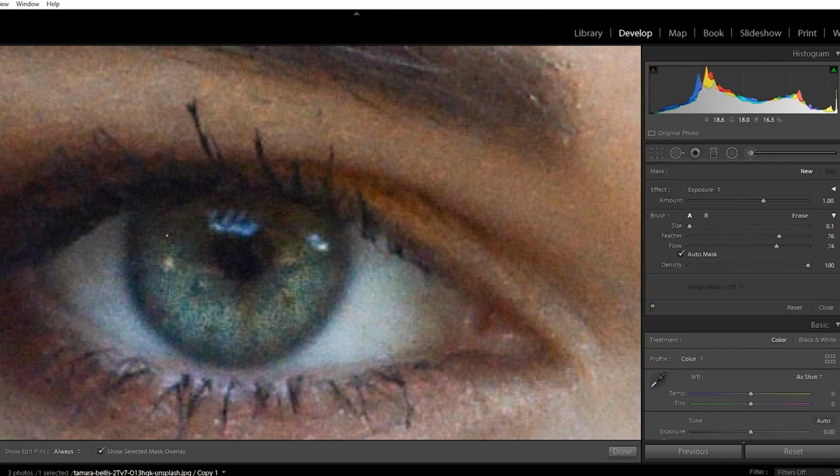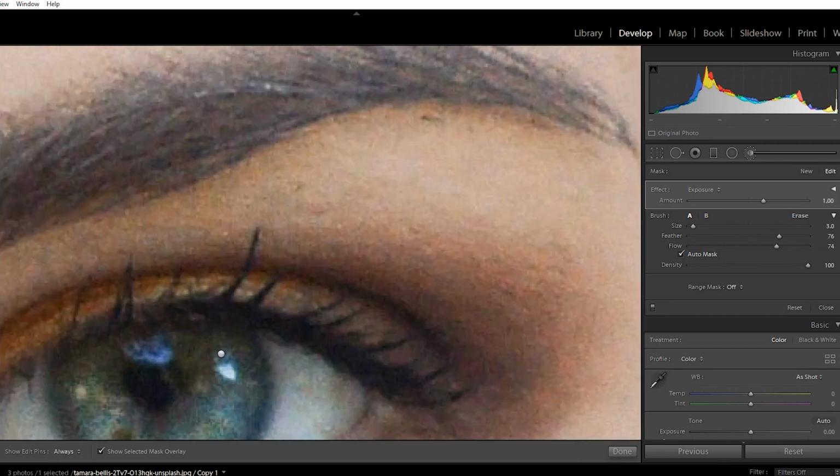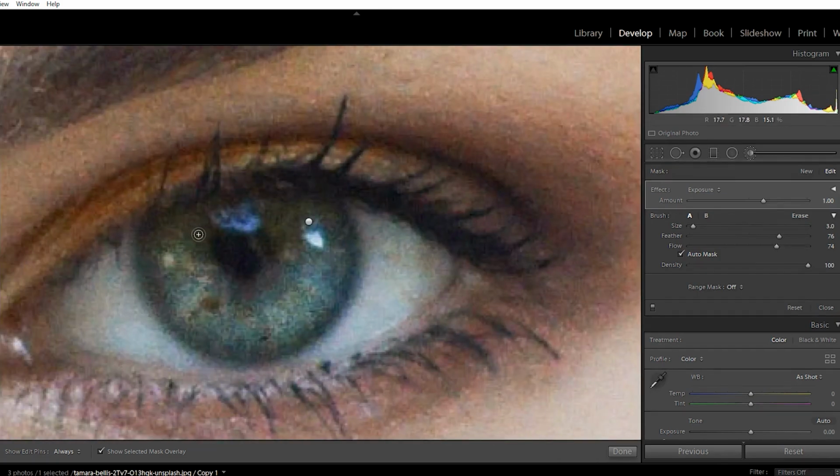Okay, so you can see that my brush size right here is really, really tiny, okay? So what I'm doing is I'm creating subtle detail to really make those eyes pop some more. So I'm going to make those lines that just really makes it a lot more impactful, okay? So we're going to do that. Then we're going to move over to the other eye. There it is. Okay, we're gonna do the same thing. Really create some of those details. Create those super fine lines that really go unnoticed, but just really makes your eyes